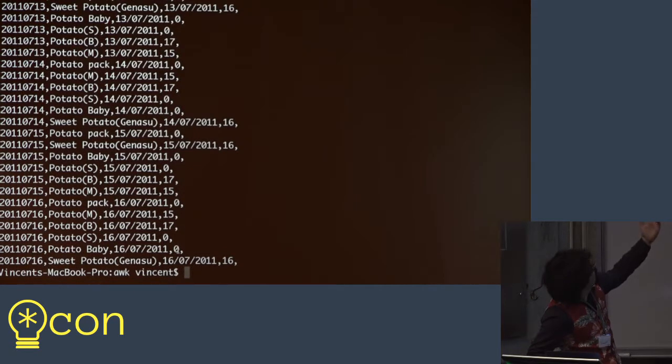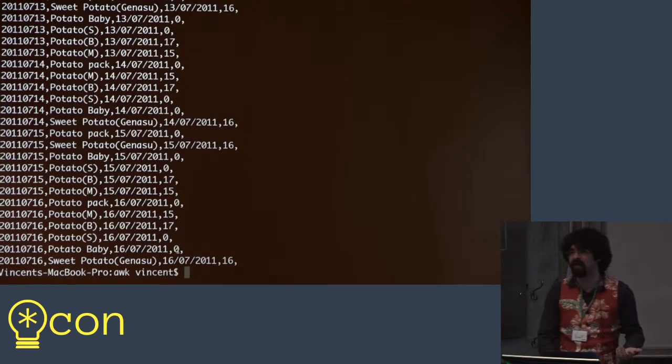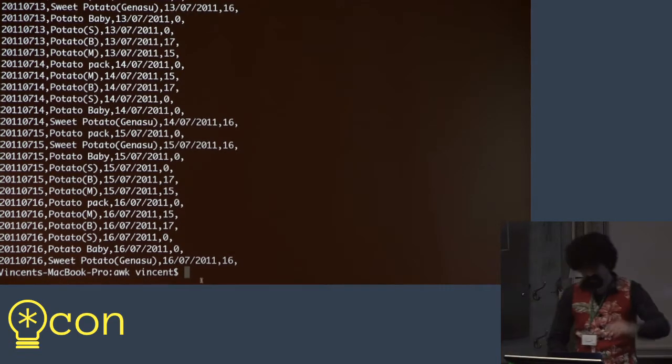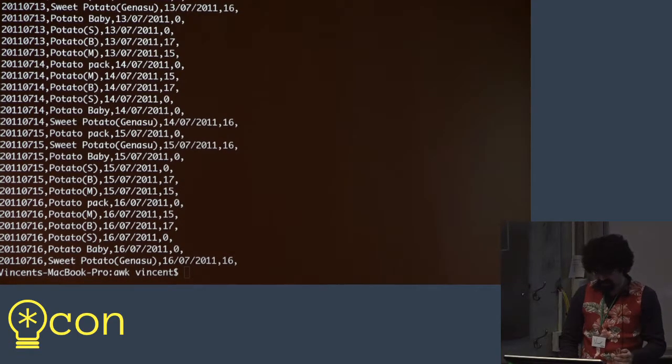So let's write a quick program that we did before to look at all of the potatoes. Here they all are. Great. But as I mentioned before, oh no, we've got some bad data in here. We've got zero prices, maybe someone bartered and they didn't actually record a price, or we've got a null value somewhere else. So let's use awk to see if we can make this a little bit cleaner.